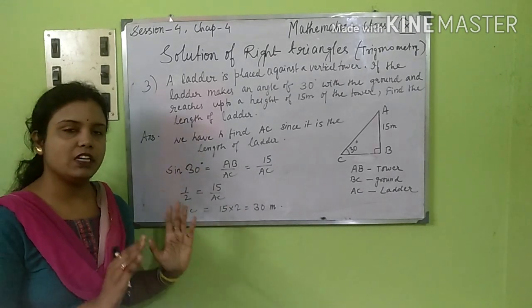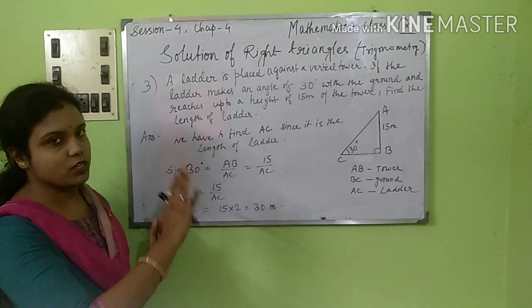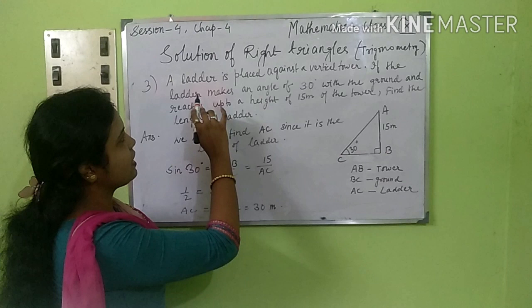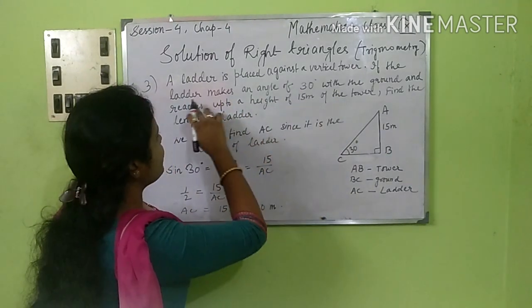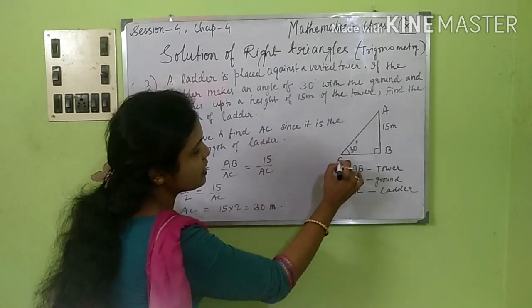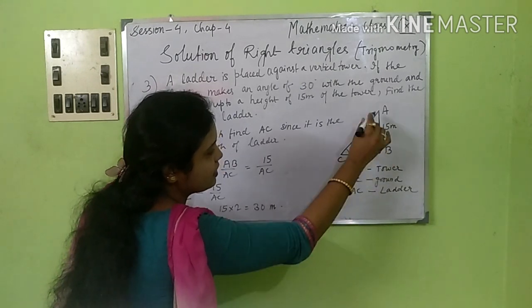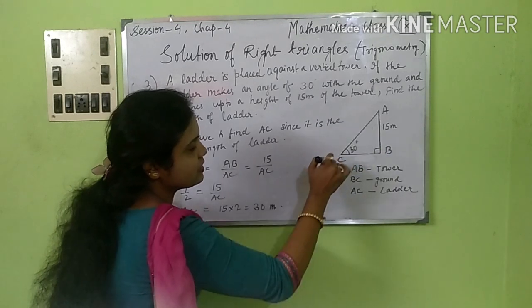You have to first draw the diagram, to make the concept clear. The first thing that is said here: a ladder is placed against a vertical tower. If the ladder makes an angle of 30 degrees with the ground, that means it is making a 30 degree angle. So I have drawn this AB as a tower, and AC is the ladder